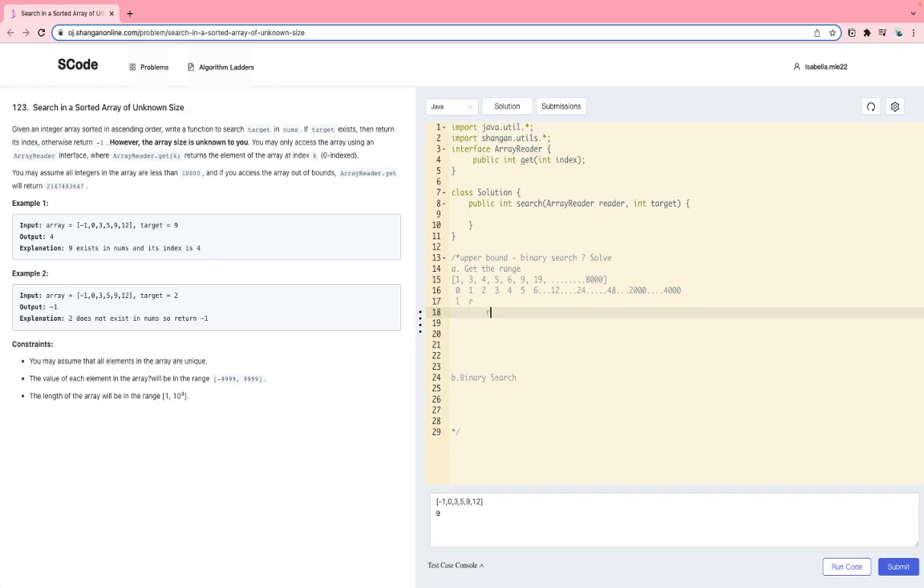Okay, so it will become this one, and then we check again the value. If it's still smaller than the target, then we double the size again. Okay, we double the size. So basically what are we doing? We are doing R equals